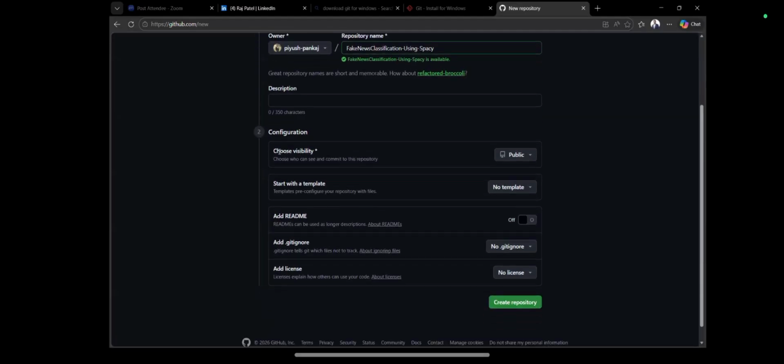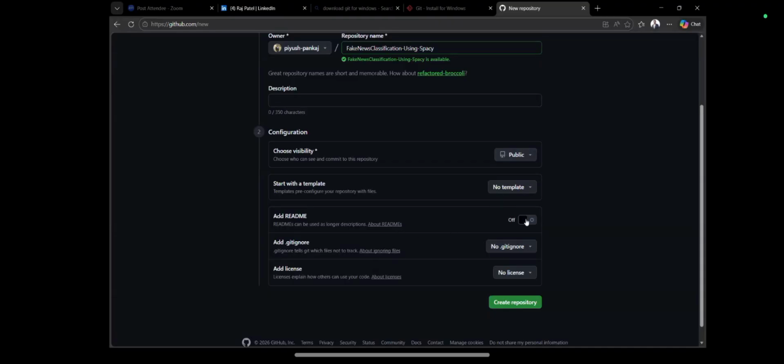Now here we have to choose the visibility option. Who can see or commit to this repository? I'm making it public. If I'm using public, only two options are there, public or private. So if it is public, anyone can see your work, and that's what we want as of now. Whatever project we are creating, we want to add those projects on our resume so that people can come and see our work. So we will leave it like this only.